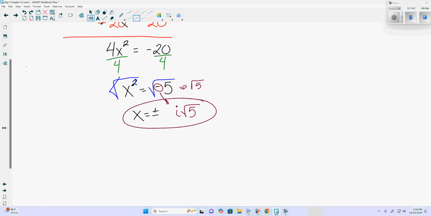Now, it'd be nice if every single one worked that way, where I could just take this, get it to a point, take the square root of both sides, and then solve from there, and then we're done. Because up to this point, we've seen, especially with these here, graphing doesn't work and factoring doesn't work. But this one, the square root method, does, because it doesn't have a middle term. We can do that there. Well,